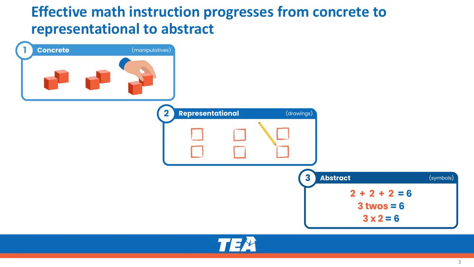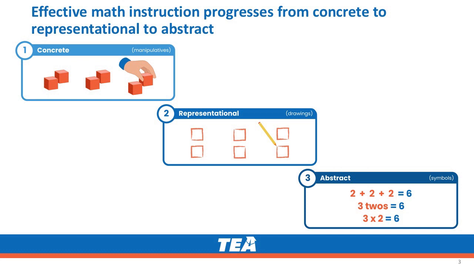Next, students progress to representational work on the same concept. You can see in the second image that this means students are ready to draw the real objects. Finally, students can engage with more abstract math like the third image, which is the equations that you might find yourself most familiar. Only after practice with moving objects around and representing them through drawings are students ready to understand